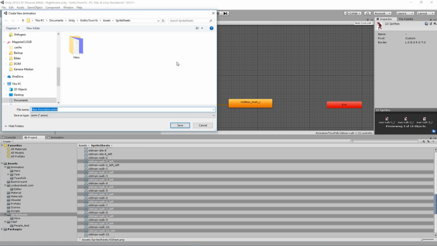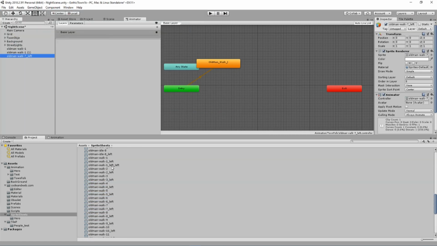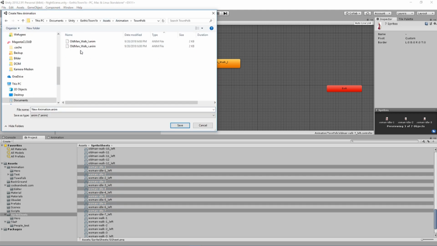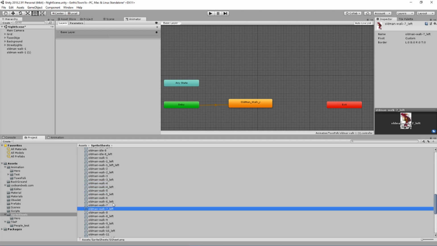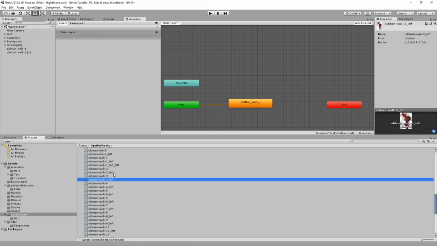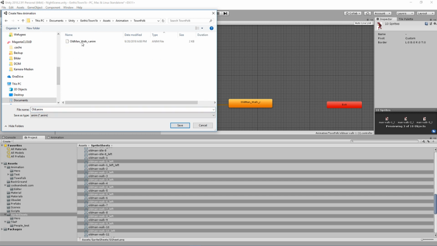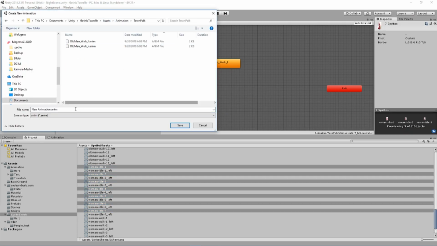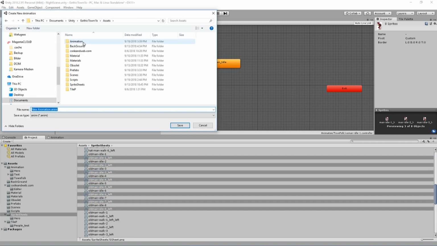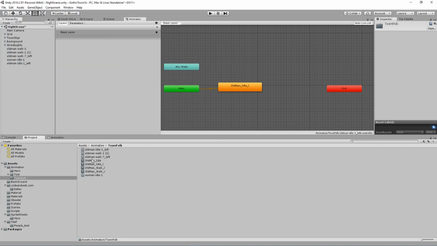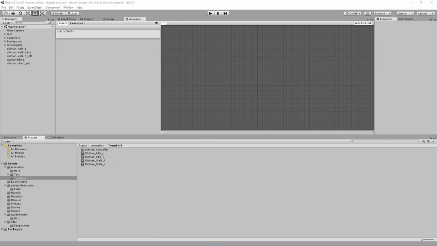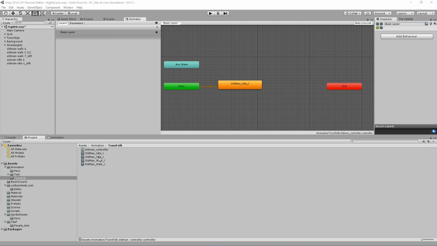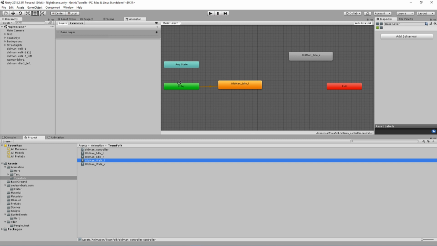I now continue to create the additional animations for left and right walking and idling, save them in the animation folder, and drag them onto the first Animator controller I created. I also delete all the additional Animator controllers Unity created when I was dragging the sprites for each of the animations into the hierarchy. After I have dragged all of the 4 animations for the old man into the respective controller,